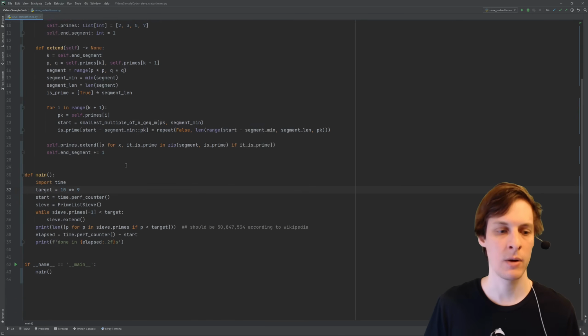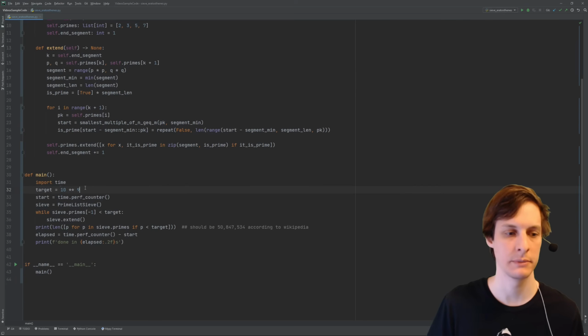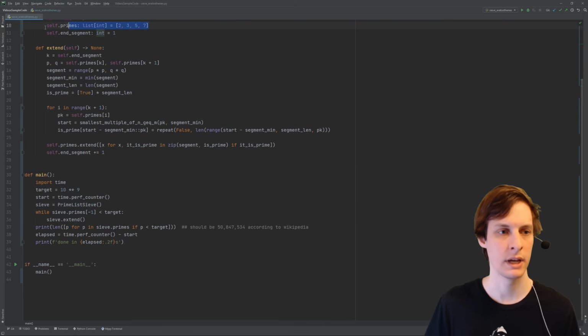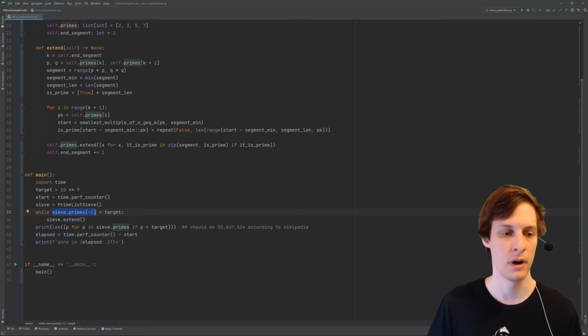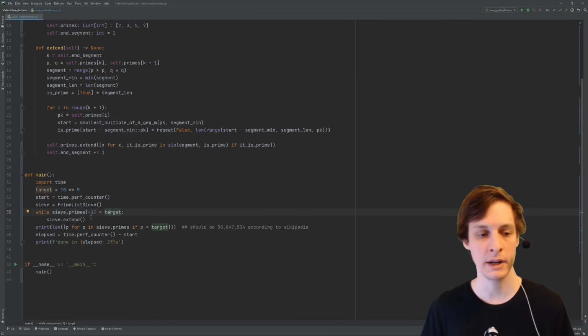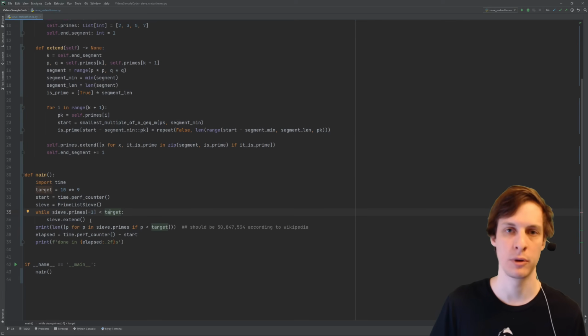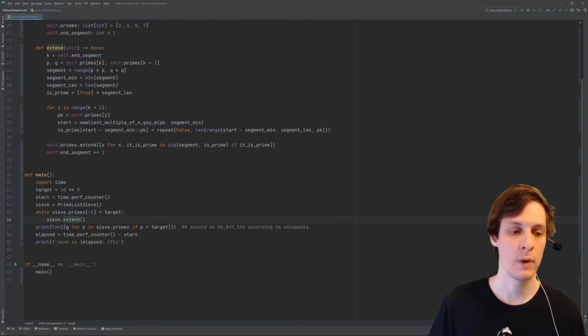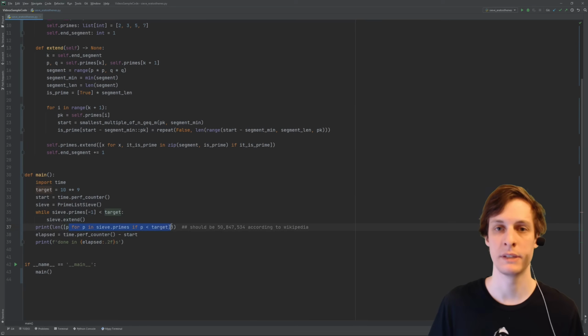So here's how I use the sieve in order to count the number of primes less than a certain target value. I start by making a sieve, and then remember the sieve stores the primes that it's found so far. So I just look at what's the last prime that I've found so far, and then check to see if it's bigger than my target. And if the biggest prime that I found so far is still less than my target, then I just keep adding more and more primes until the biggest one is bigger than my target. At that point, I can go in and check how many primes are less than the target value.